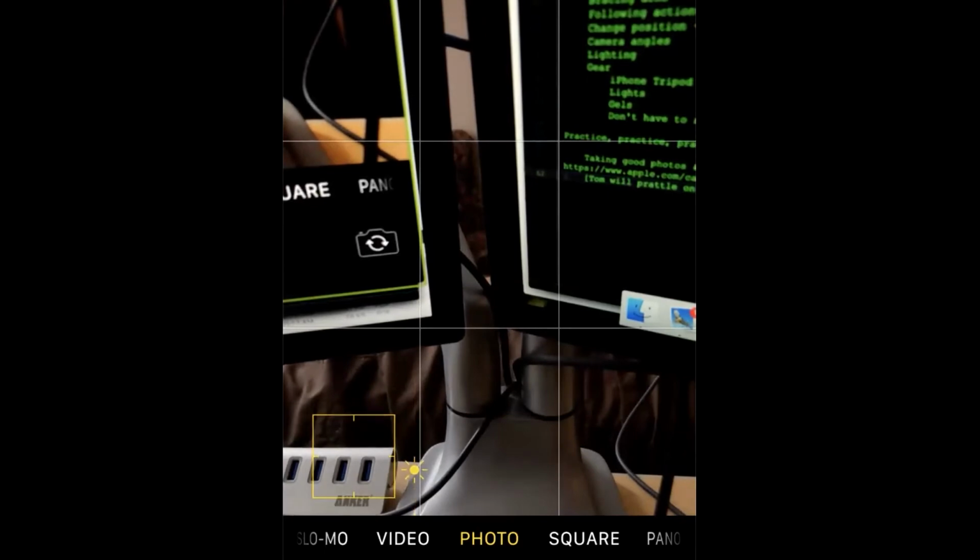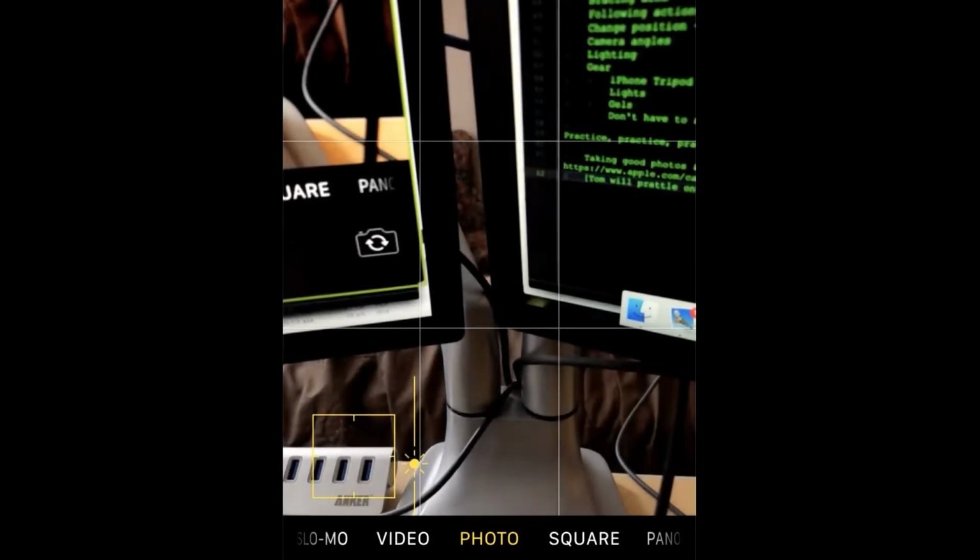I found it really useful when you don't have the option to shoot with the sun behind you. You're kind of shooting into the light, and that exposure lock will let you focus on someone's face rather than something else nearby, and also adjust the lighting to try and get the shot you want. Everything else could be horrible, but at least you get the photo. I don't use it very often, but it is very useful when needed.